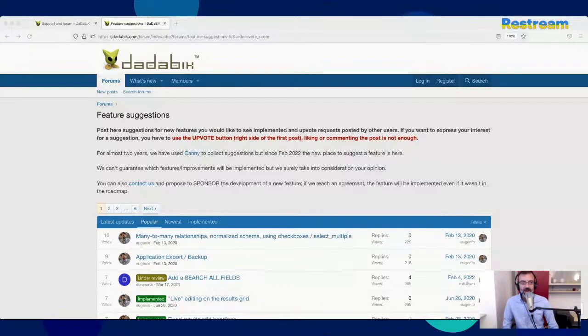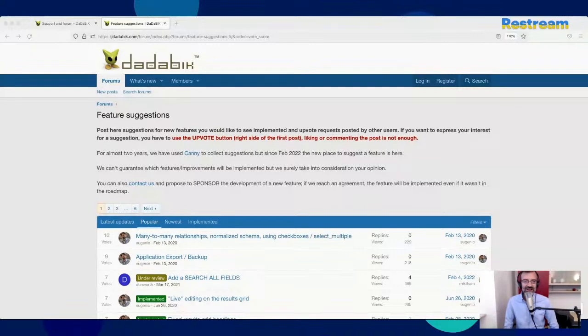And the other thing I think is not very clear if you are new to DaDaBIK is the difference between the data section and the form configurator. Because for us, old users, since the beginning, let me read the comment by Alan. The division is logical, but getting pages in the right order is a pain.